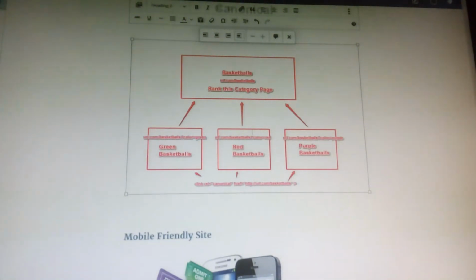So what you are doing with the canonical tag is you are telling Google that out of these 3 pages you want this particular page to rank for this category. So basically you are helping search engines understand what is the best page to rank for a particular search query if there are duplicate or multiple versions of a single page.